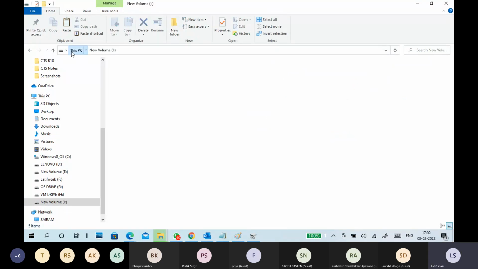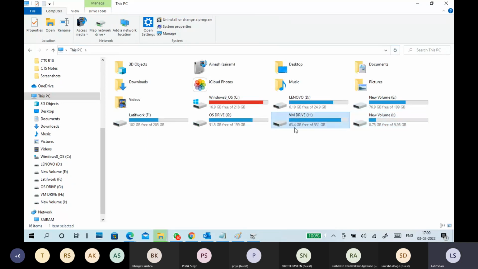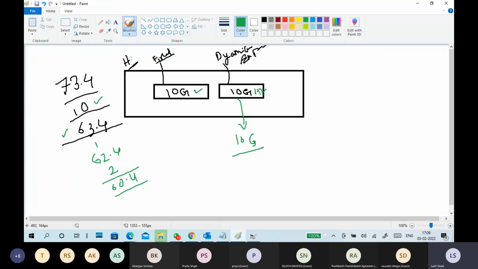And if you refresh this one, it is not changing any value. As I showed in this picture, my original free space is 73.4. I created a 10 GB fixed disk, so I got 63.4 free space.